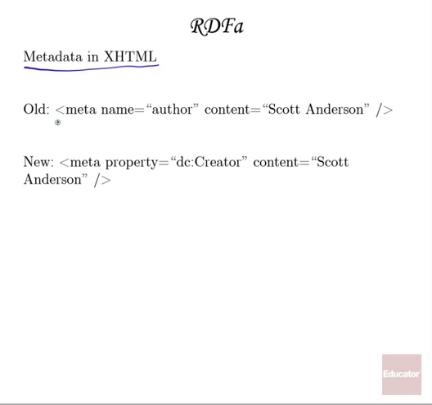So what we might have in an old version of HTML is that we would use the meta element to give metadata to our pages, and we might use a meta element called author, and then we give it content. Now, the trouble with the old meta element name was that it didn't really have any specified means of describing what we meant by author. Okay, I can say that there's a piece of metadata called author, but there's not necessarily a central location of where that means. With the advent of RDF and the additional work by the Dublin Core, we can have